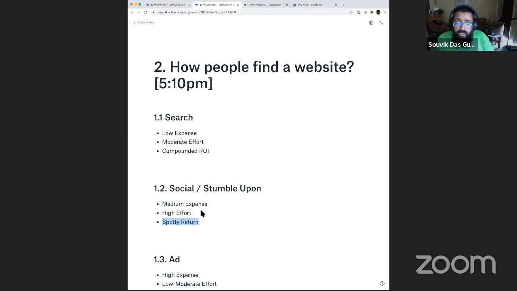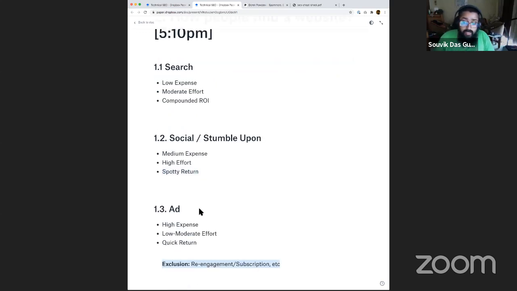It'll keep changing. And ads is the third way in which people can come to your website. This is obviously a high expense, because you're paying platforms which hold a large number of eyeballs, whatever that platform might be. That could be search, that could be social network, Facebook, Instagram, anything else. It's also low to moderate effort, because you do need to strategize what ad to put in, constantly produce and publish those ads, and so on. But it will give you a very quick return. Very quickly, lots of people will see you, and they'll land up on your website.